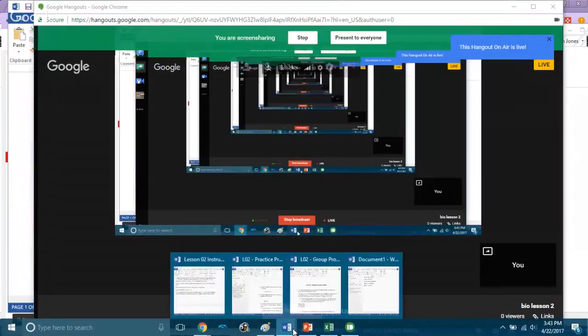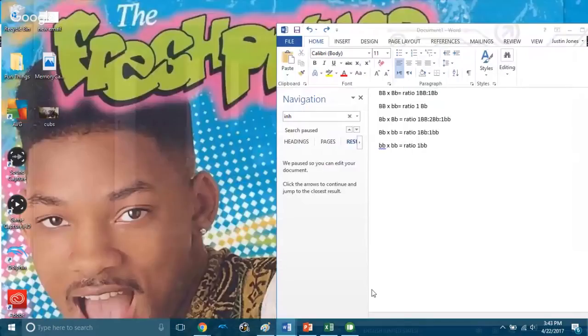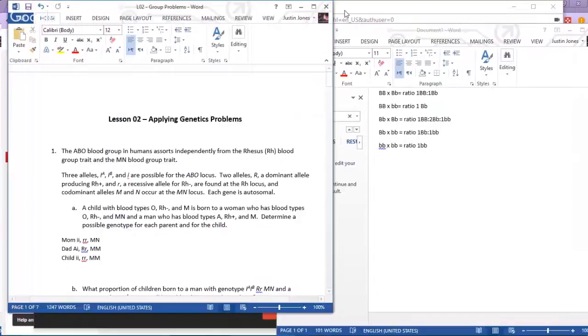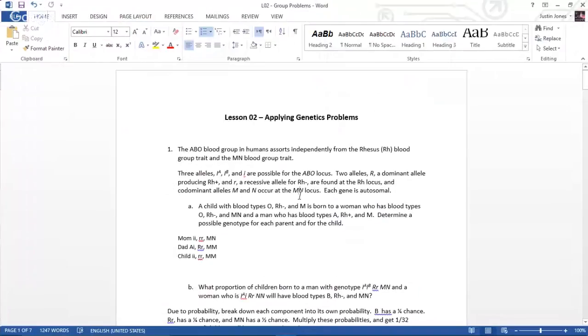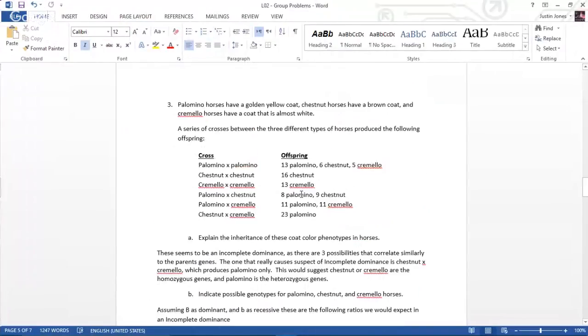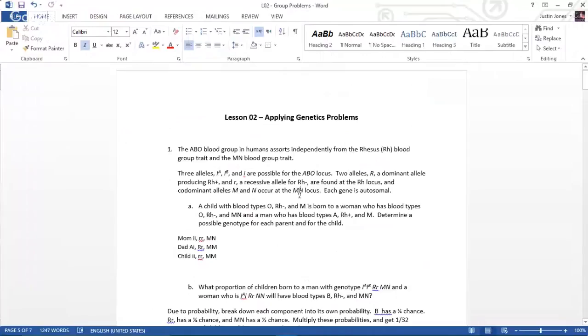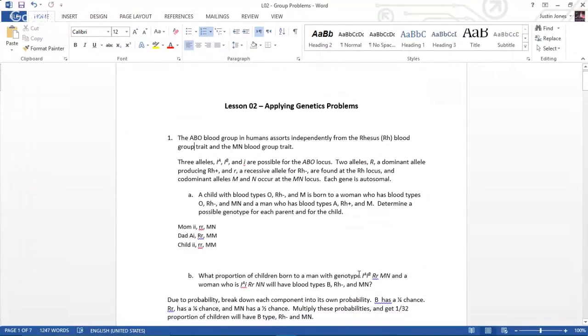Okay, we're back again. This time it's for lesson 2, Applying genetics problems. I think this is the right one. Yep, okay, looks good. All right, so if we go to question 1, the O blood group, essentially what this